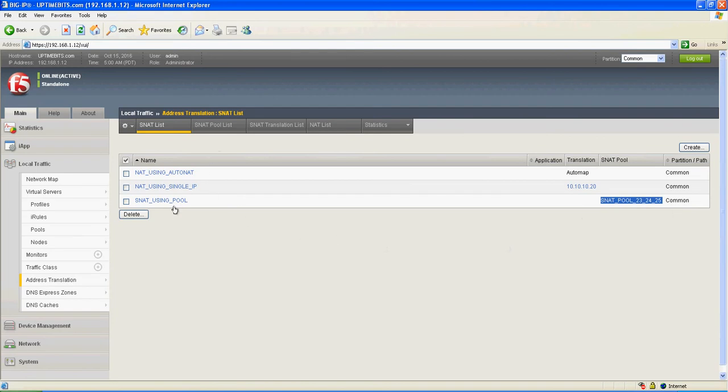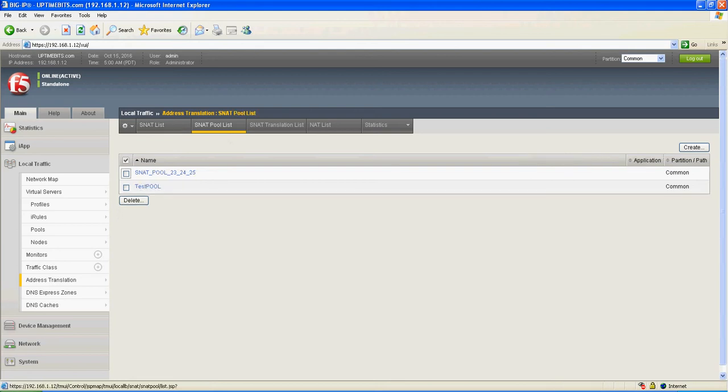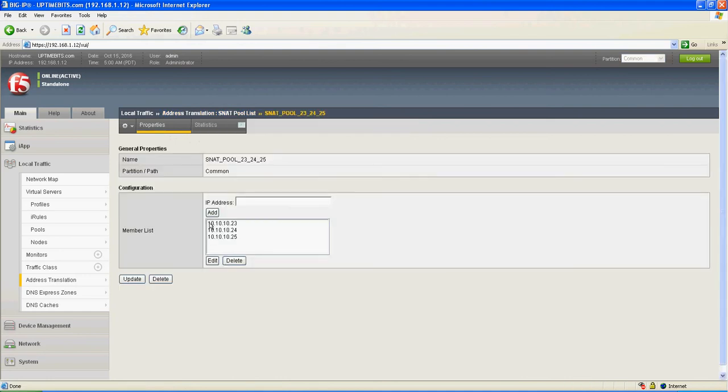For this pool, we have already configured a pool here in the second tab, SNAT Pool List. This is where we first create the pool, and then while creating the SNAT, we can refer to this pool and create our SNAT using a pool. As you can see, this is the SNAT pool and there are three servers in it. So going back,